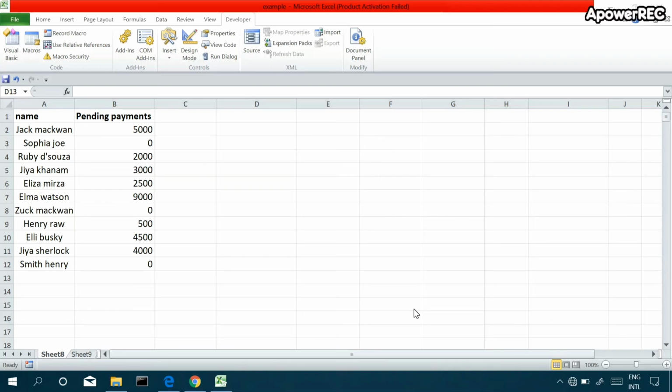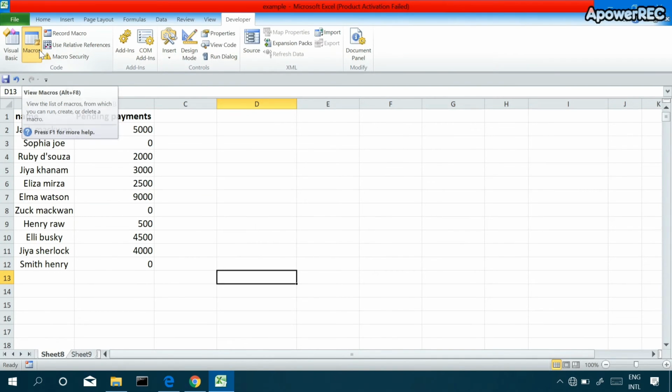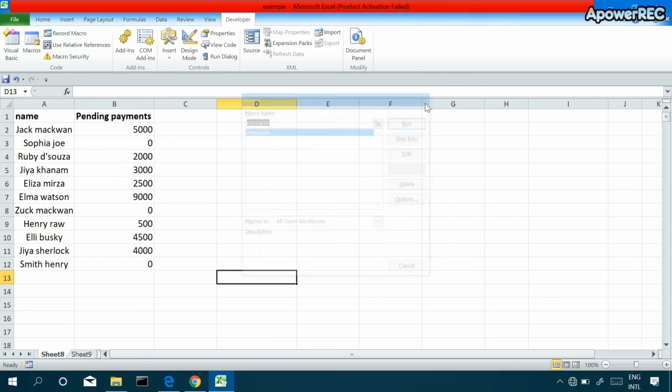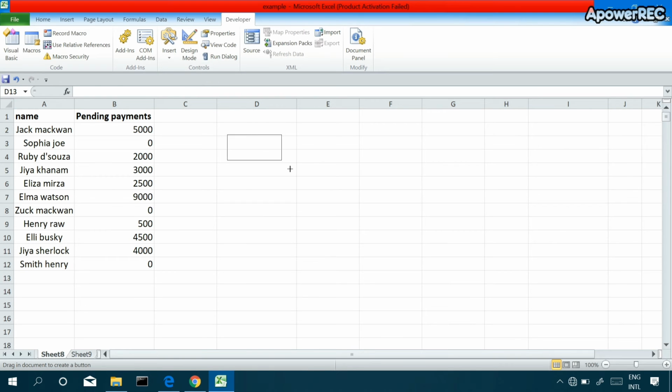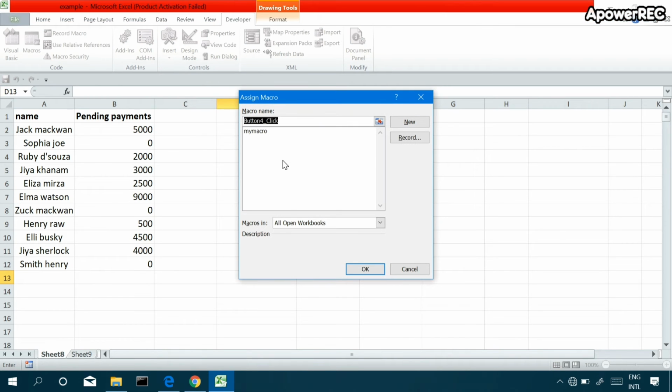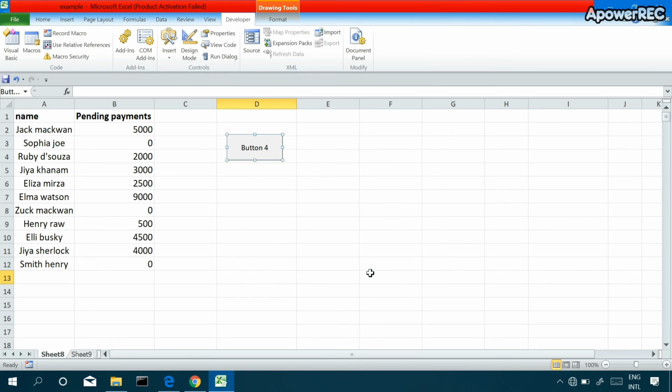I want to show you something interesting. You can run a macro by clicking on macros and this run option. Another way is there, I will show you. Just click on insert and I am inserting a button here. And when I click on this button, my macro should run. Click on OK.